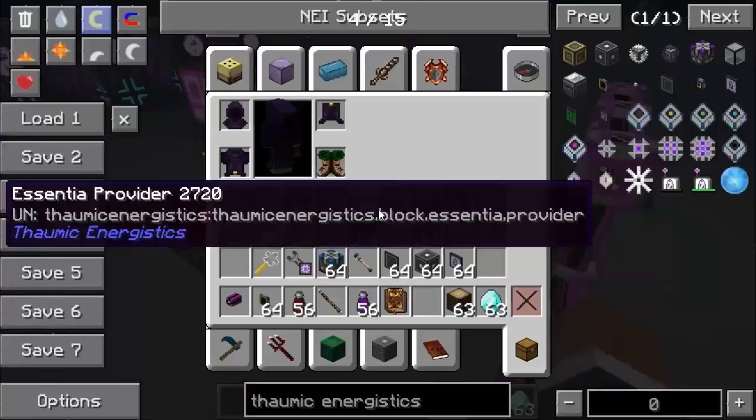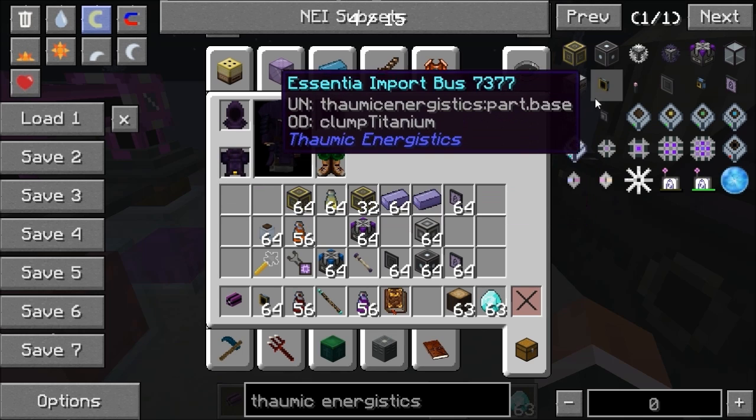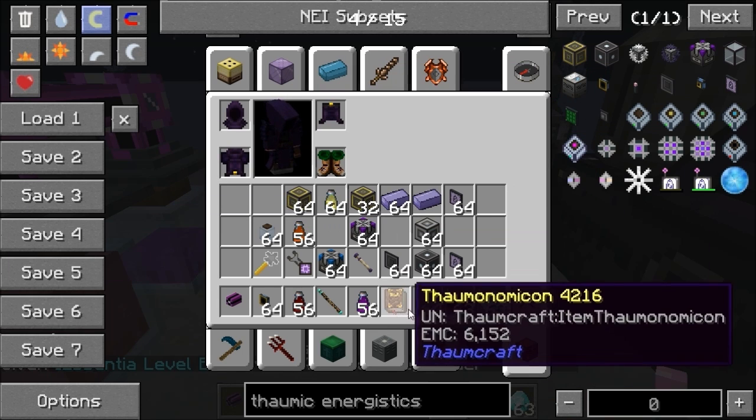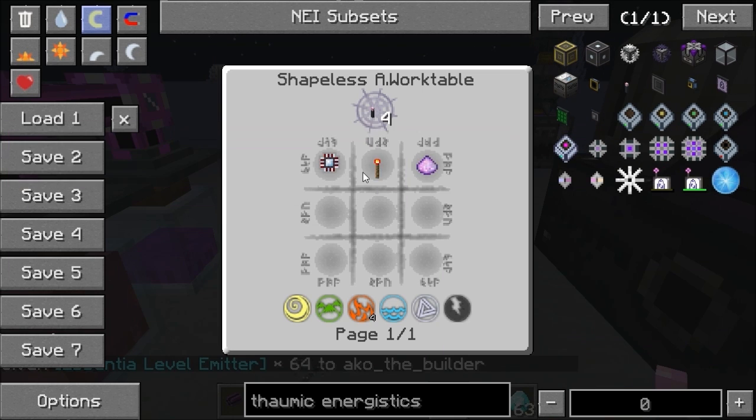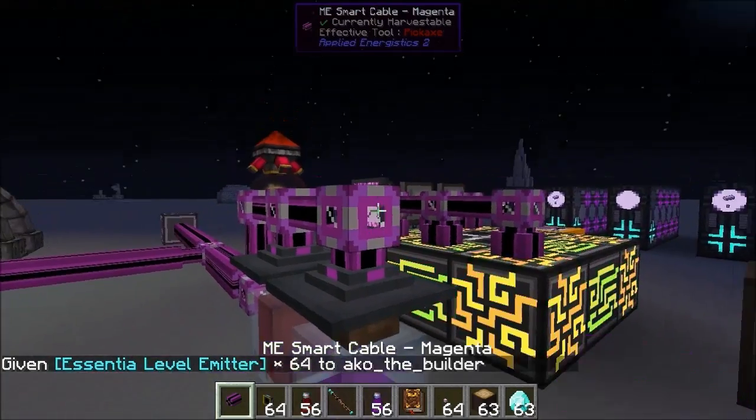Cool. Level emitter, also very useful. What I should actually have done over here is we'll grab the essential level emitter over here. Pretty straightforward to craft. It's your 4 at a time. So what we could have done over here